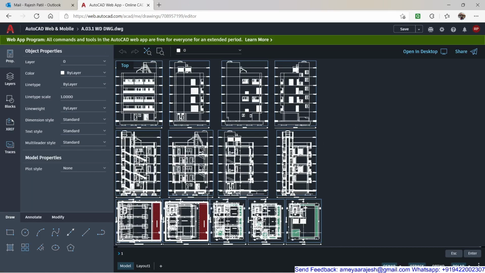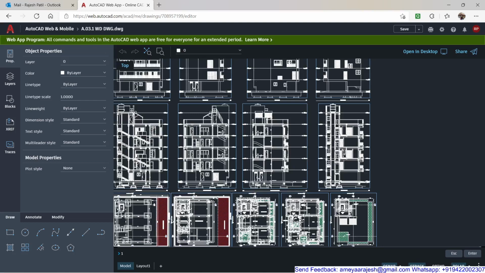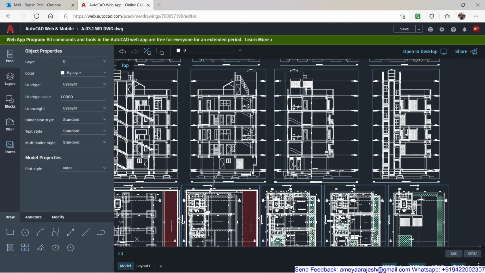So once you have opened this file in AutoCAD, the first thing which you have to check is the overall scaling, which has to be adjusted. The reason behind this is very simple: your drawing which you have exported is not exactly to the specified units, that is millimeters in my case.